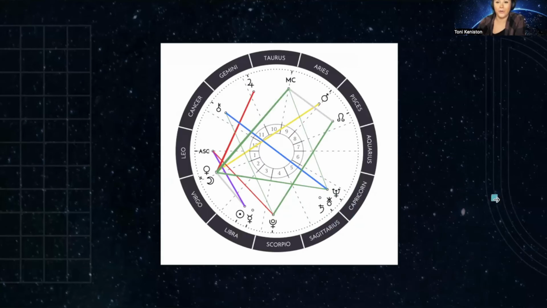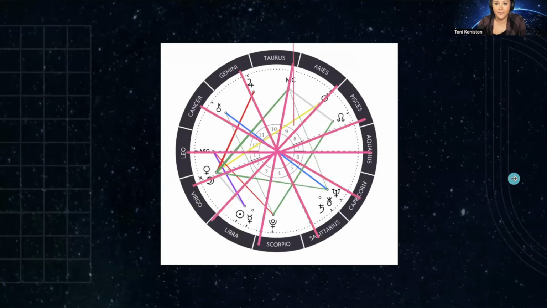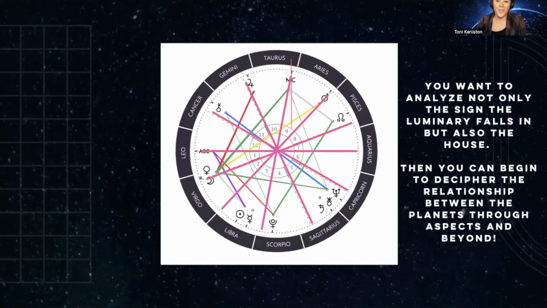And then you're going to layer your house system over that. It's kind of like those transparency sheets from when I was a kid. Depends on when you were a kid, I suppose. So as we are wrapping up, just so you can understand the different parts and pieces of your chart,